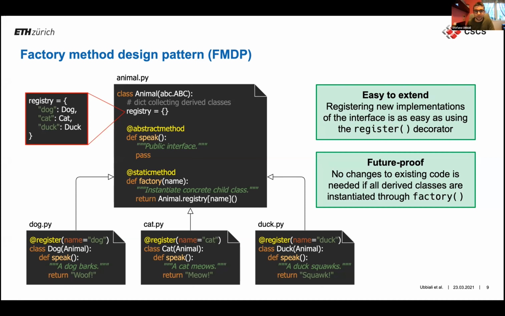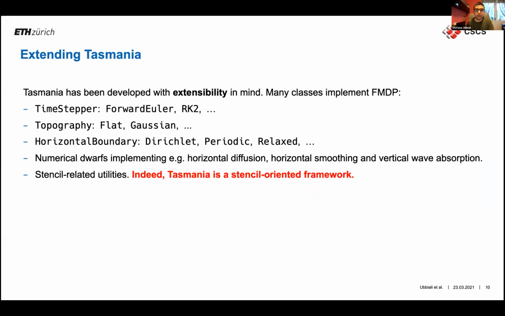So we think this is a powerful tool, and we actually used it quite extensively inside Tasmania, not only to implement the time stepper, but also for the topography, the horizontal boundary, in order to have different treatments of a lateral boundary condition, for some numerical dynamical cores, which implement, for instance, horizontal diffusion and vertical wave absorption, but also for stencil-related utilities. Indeed, in the title, we claim that Tasmania is a stencil-oriented framework, and now I try to motivate this